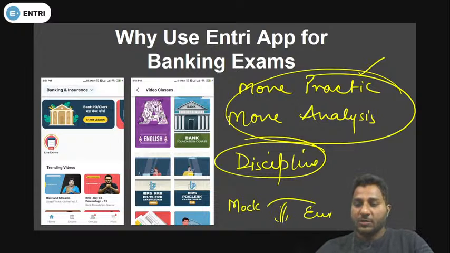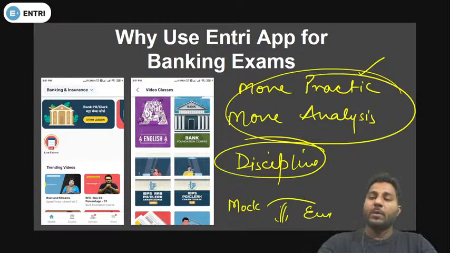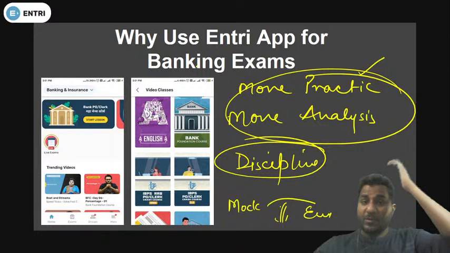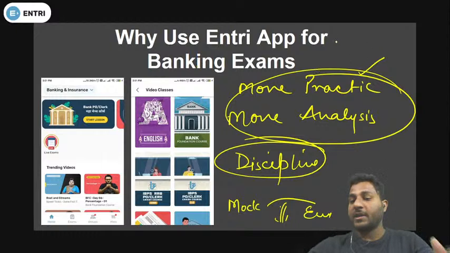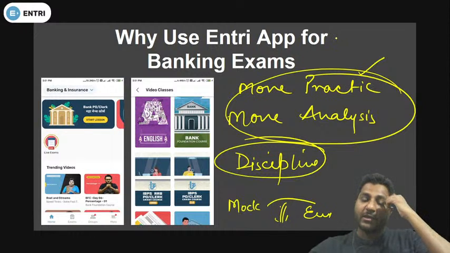The video classes are not shown when I open the app on laptop. What to do? Okay, our technical team will definitely look into this matter, so don't worry about it. Renuka, you can go to the help section in the app, or you can call our toll free number, whatever number has been given. It belongs to the technical team. All right. Our job is to make sure that the video will reach you in an efficient manner.